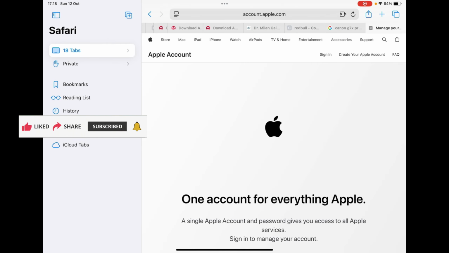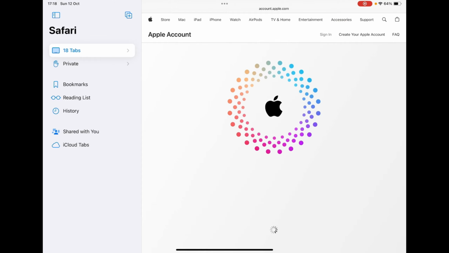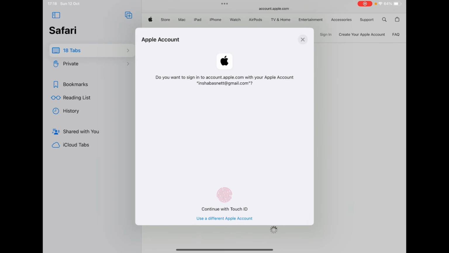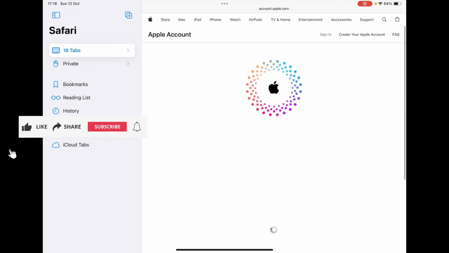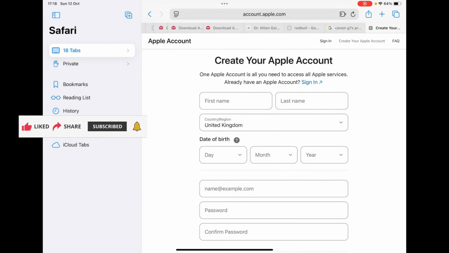Once you're in this website, you need to go ahead and tap on sign in, which is highlighted in blue color. Or if you want to create an Apple ID, go ahead and tap on create your Apple account in the top right corner that is between sign in and FAQ. Once you tap on that, you will be taken to this kind of interface where you need to enter your